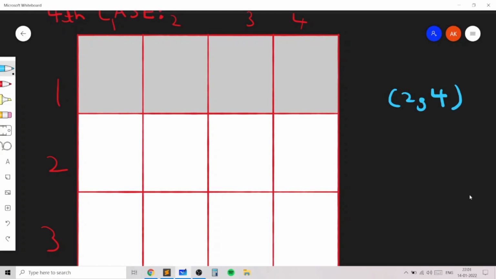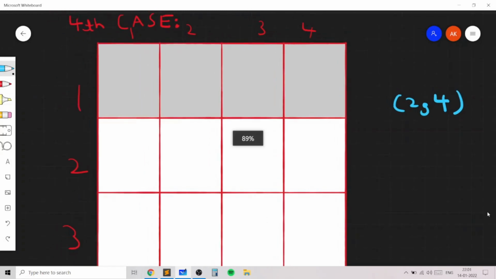So we want to make the grid square 2 comma 4 a black square, and in order to do that, we know that there is some black square in the grid, but that black square is not in the second row or it's not in the fourth column. So we want to get a black square in the second row or the fourth column. So let's consider the second row. How do we get a black square in the second row?